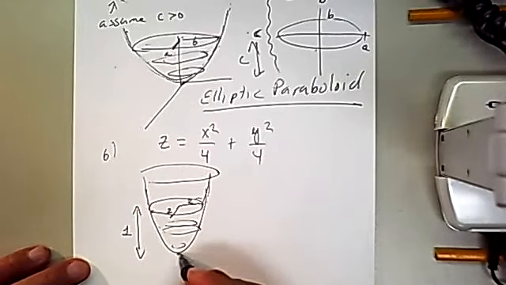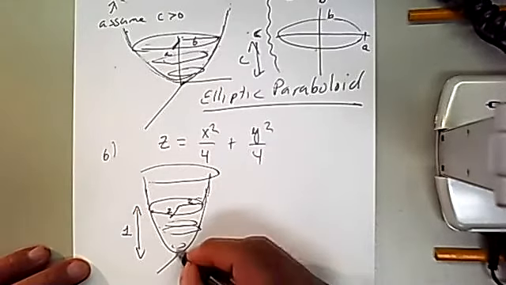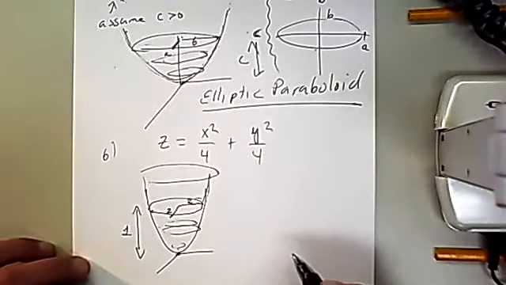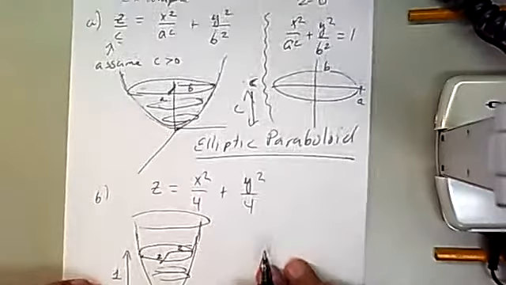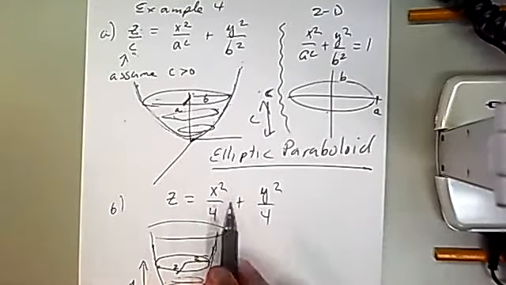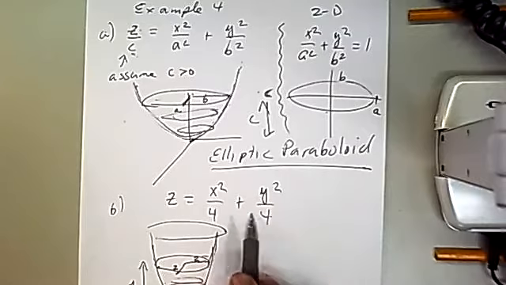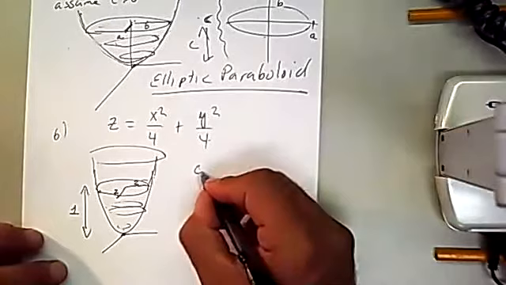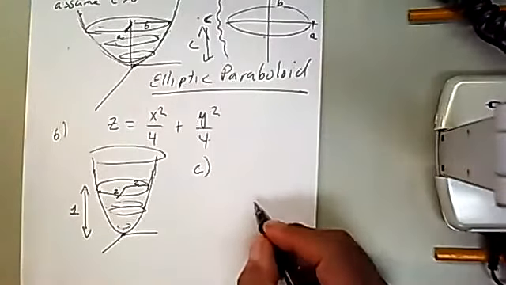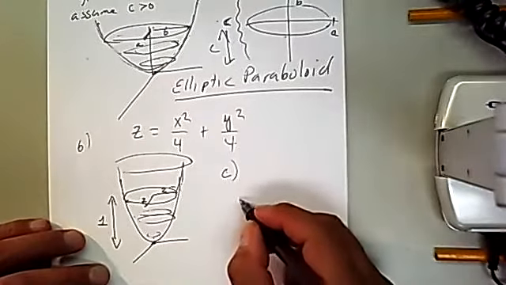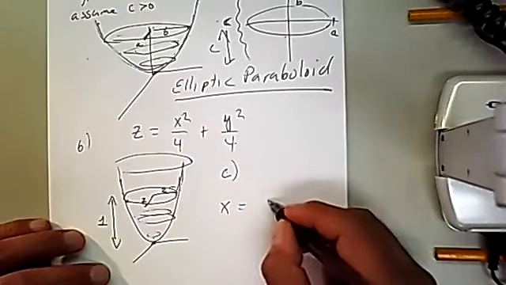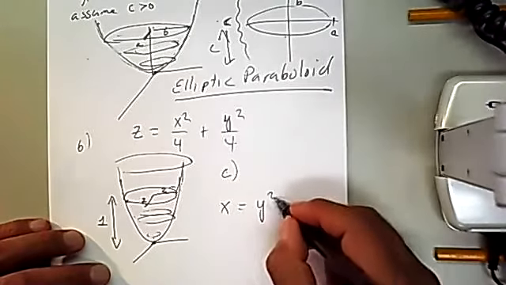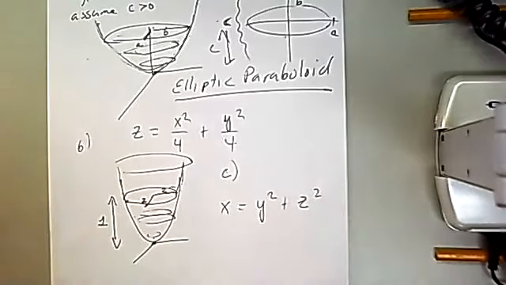And then this is the origin. So this is the y-axis, x-axis, and the vertical z-axis. So if we have a single z with the same denominator on the x and y squareds, we have this situation. By the way, as an example C, make sure you know how to handle situations where you have, say, x equals y squared plus z squared. This is a circular paraboloid,